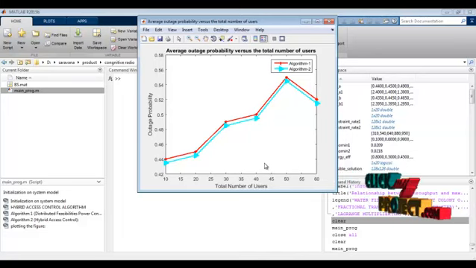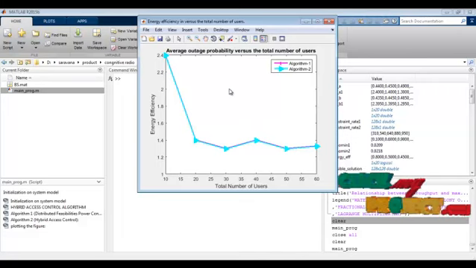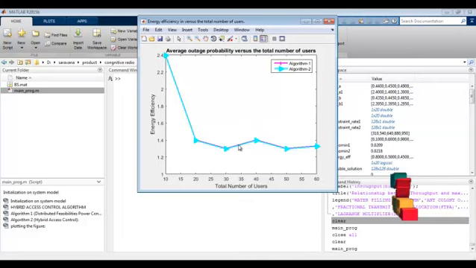And finally we can see the energy efficiency versus total number of users. The previous one was total outage probability, and this is energy efficiency. Because of our maximum, the pink mark will not be seen in this plot, because it is similar but not exact.